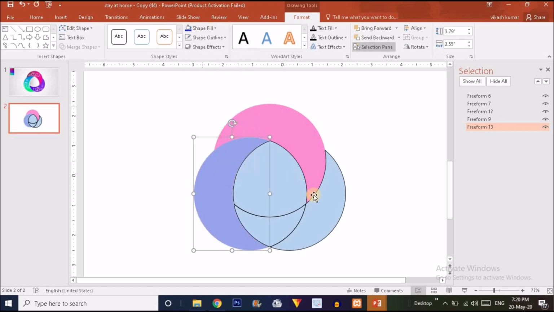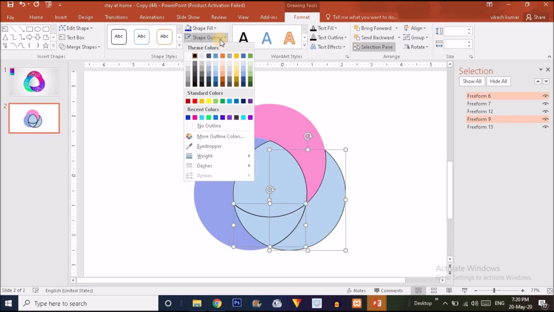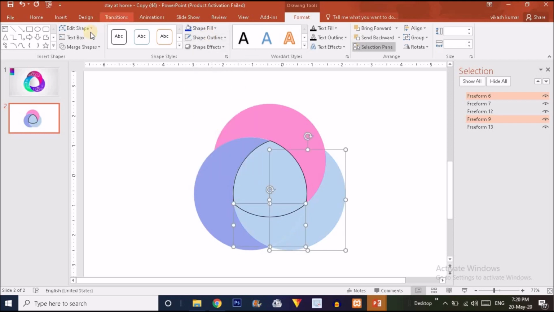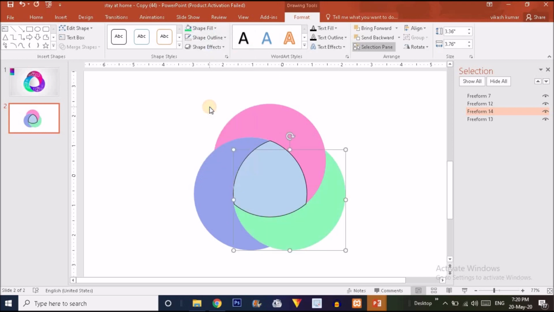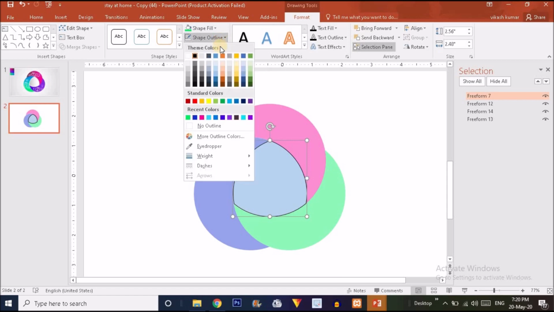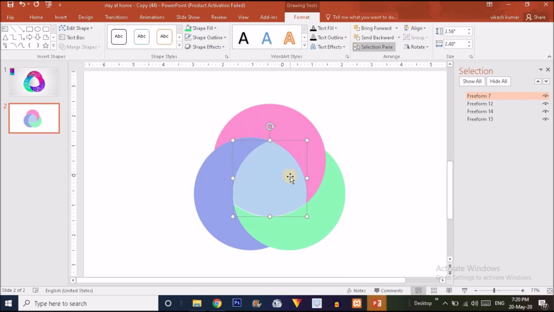color like blue. Now I'm going to select these two shapes and go to the shape outline option, and I'm going to make it no outline, and at the same time I'm going to click on the merge shape option and choose the union option from here. Now I'm going to select a different shape fill for this, like the green color for this. So I'm going to select the no outline option from here,